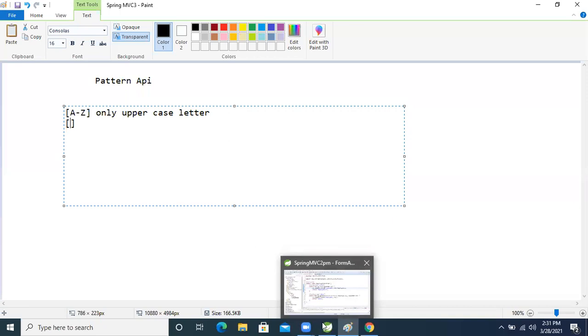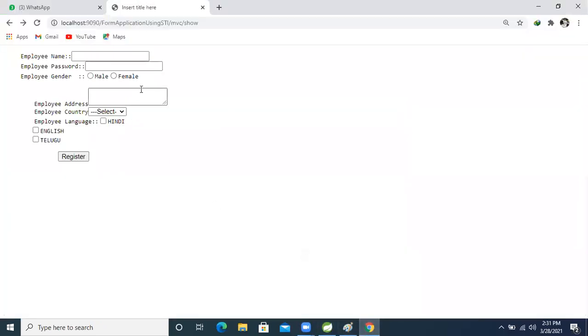Otherwise, I can directly implement it here. But if I directly implement it here, then people who are already experienced and working employees can understand, but those who are not yet working will not understand. That is not my intention. Whoever is in the meeting, my intention is to take care of each and every one. So let's come and understand.